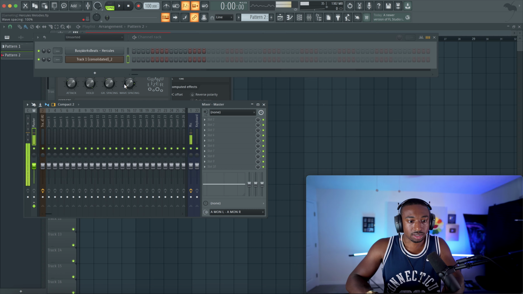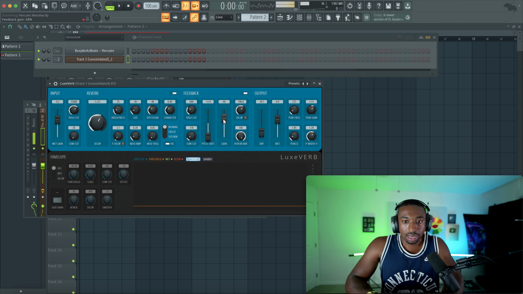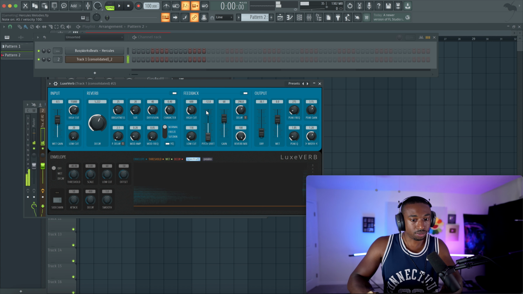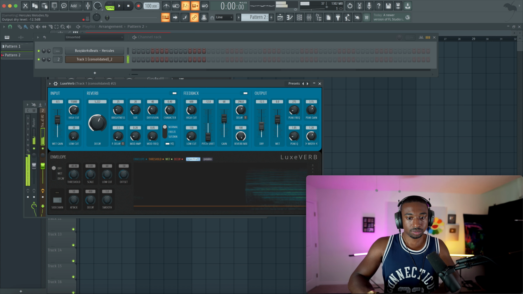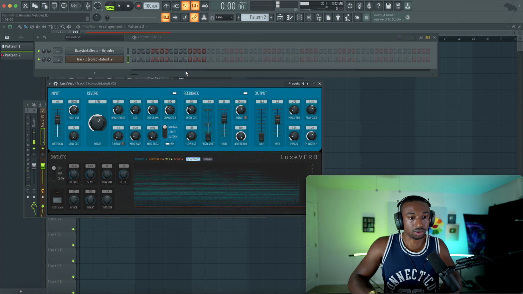Now that we have that, let's go to our mixer. Let's hit Control L. In this case, I already have it routed. Let's route it to channel 2. And let's open up the Luxverb plugin. Basically, we're going to turn on the feedback section here, and then we're going to turn the gain up. And I like to pitch shift downwards to create a haunted sound, but you guys can pitch it up as well. So let's pull the dry level down. I like it just kind of a smear of a sound. And the decay time, we want to have somewhere around 5 seconds or so.